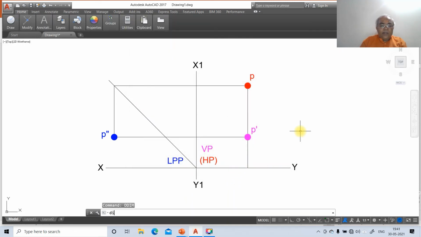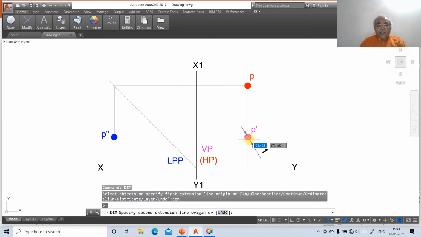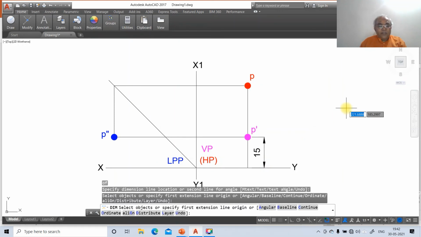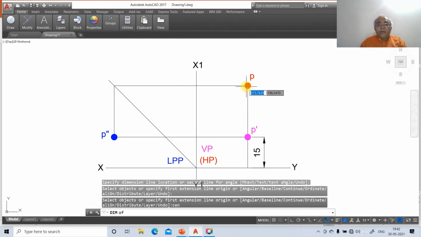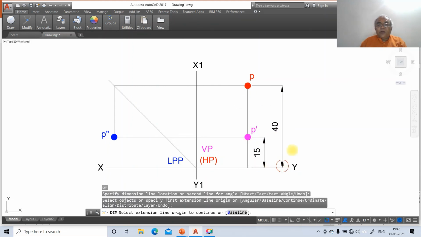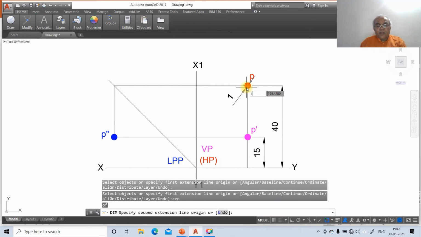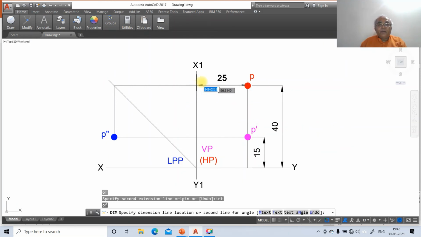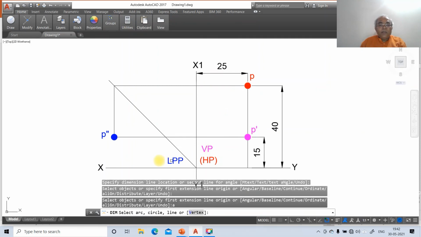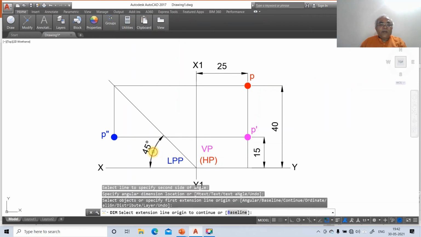Now we will go for dim, then go to center of this and take intersection point of this. So we will get 15, then go to center, then go to intersection point of this. So automatically we will get 40, then go to center of this and then go to intersection part of this. So we are going to get 25, then go to angular, select this line and this line. So we are going to get 45.